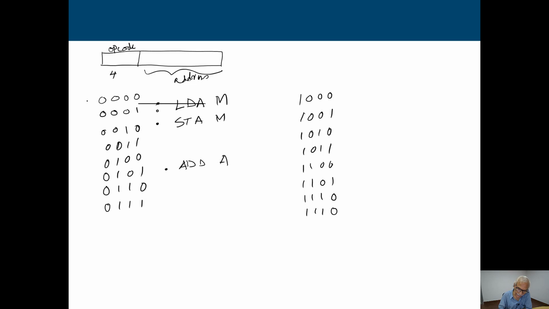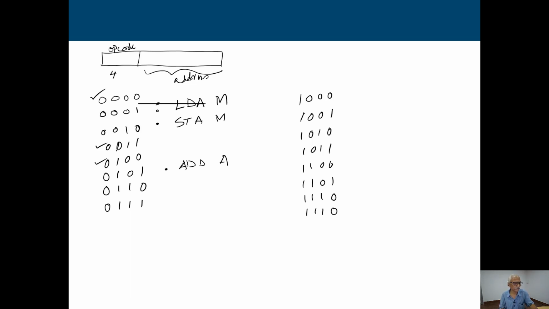Now for other codes, like 0, 3, 4, we can design some more instructions, and accordingly we have to find out what the execution steps are for those particular instructions. So in case of designing, you have to identify those particular steps.